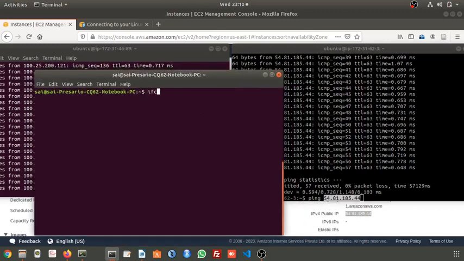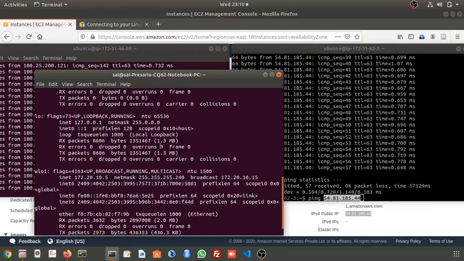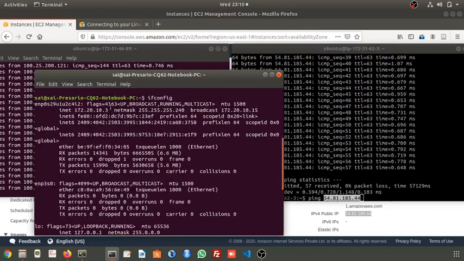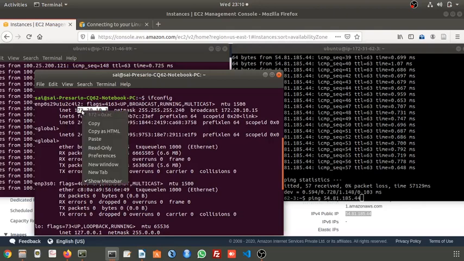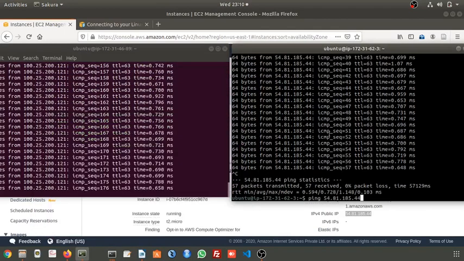Now, from the virtual machine, whether this local machine is communicating or not, that is also what we have to see. First we need to check the IP address of this. So my IP address is this thing. We have seen only one way, that is from the local machine to the remote machine, the virtual machine.